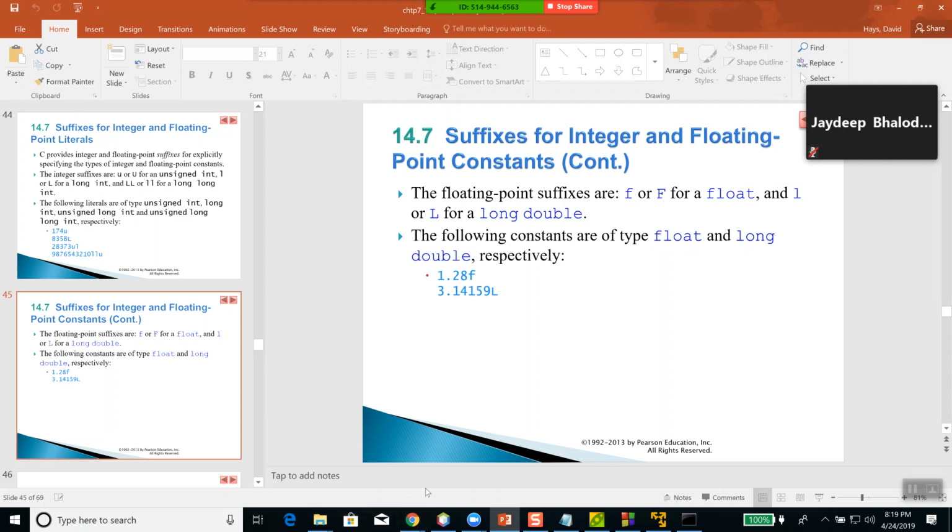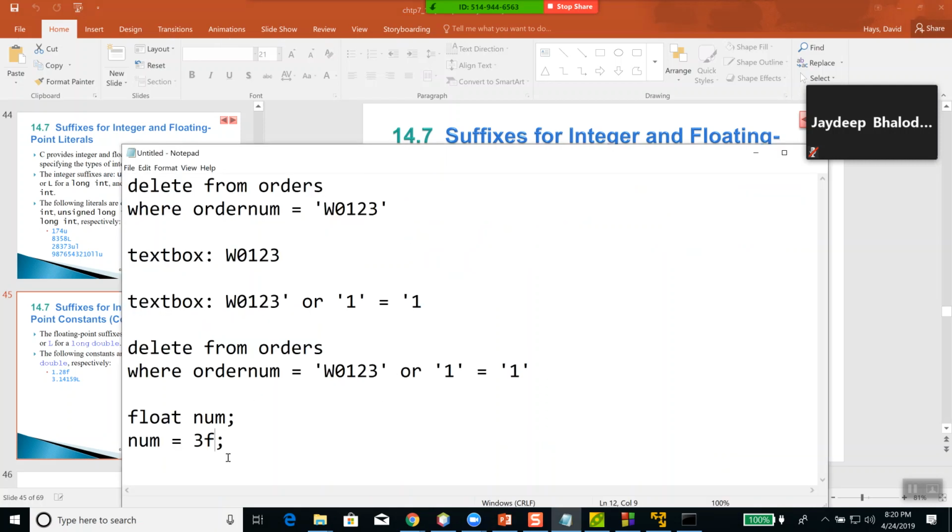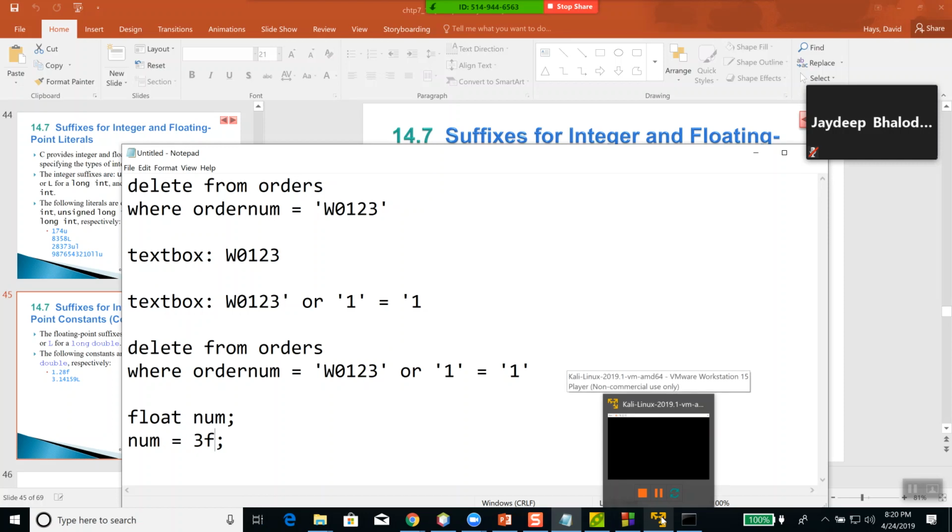The reason why that is, if you don't have the F there, the 3, you might say, well, it's an integer. It could be, but I'm guessing that the program will interpret it as a double. And so you're trying to write a double to a float. And so strongly typed languages don't let you do that, and you have to put an F there. I don't remember. I may be mixing this up with